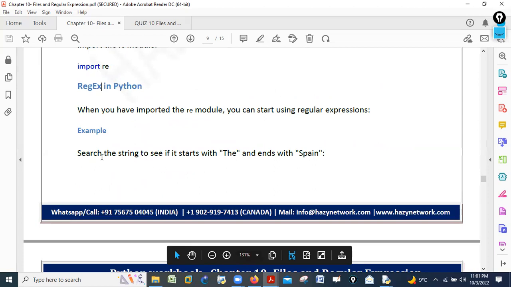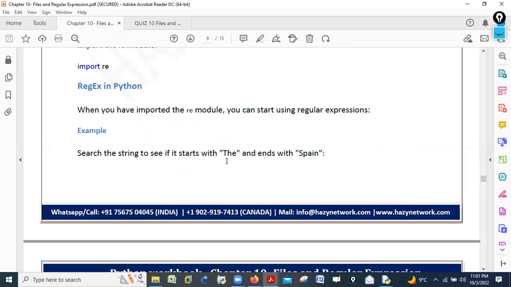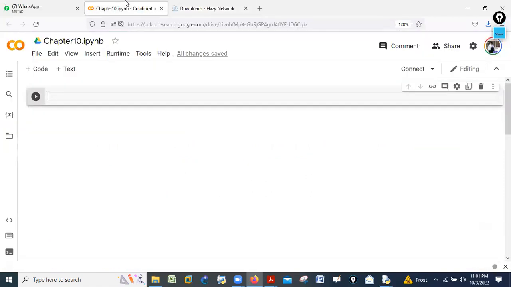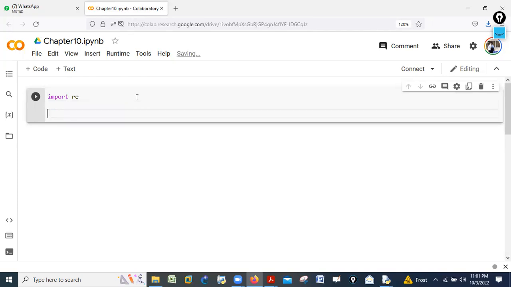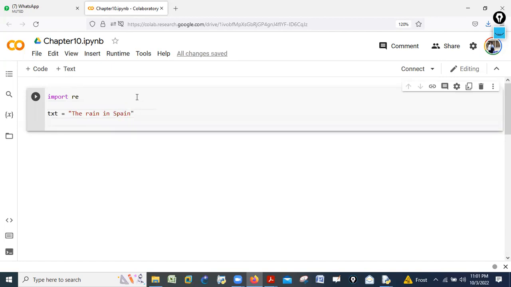For example, search the string to see if it starts with "The" and ends with "Spain". That means if you have any file and you want to search for something in it, let me create one file over here. First of all, I will say import, which imports the default built-in regular expression module. Then I want to write one text. I will say text is equal to "The rain in Spain". This is one string, right? Now I will say x is equal to